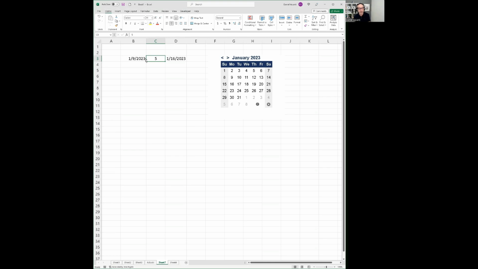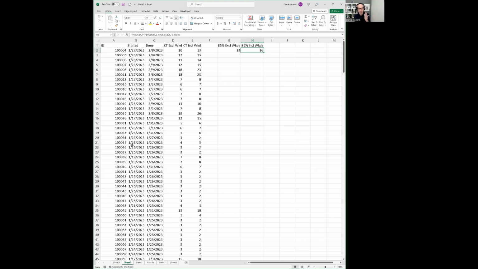When you use that workday function and you add a number of workdays to a date, you'll see here there's no way, at least natively, to make that calculation inclusive. All of the cycle time calculations, going back to all these sites, are always inclusive. So if an item starts and finishes on the same day, we don't have a cycle time of 0, we have a cycle time of 1. If an item starts on one day and finishes on the very next day, we count both of those days. It has a cycle time of 2, not a cycle time of 1.